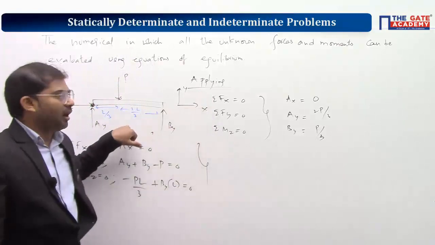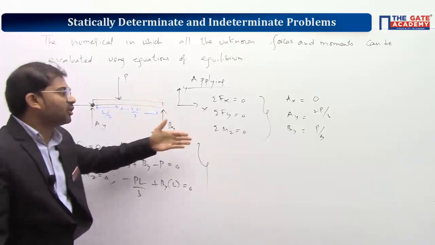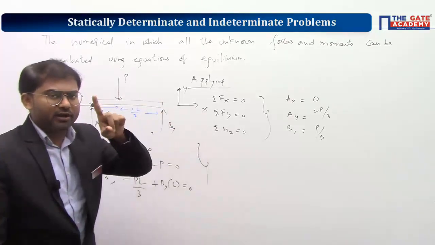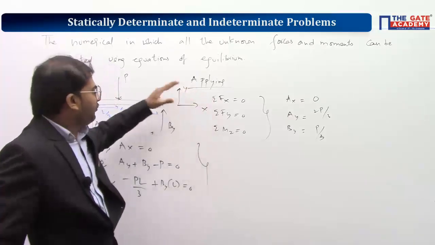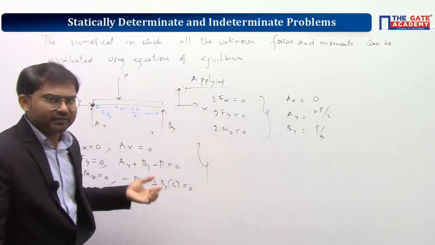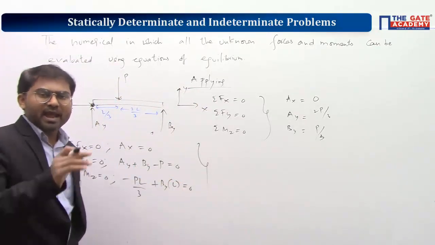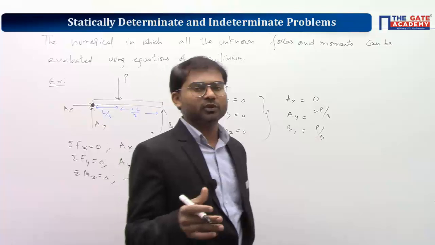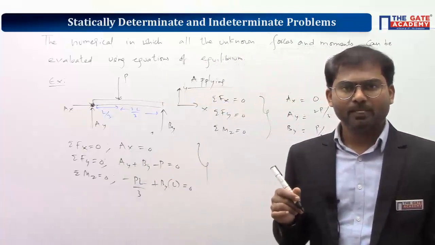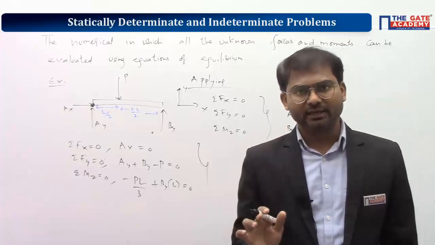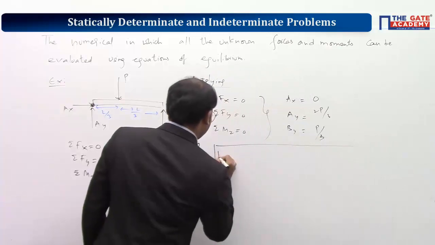So this is an example of a statically determinate numerical. Understand? Here, I told you already we are going with 2D system only. That's why we have only 3 equations. So if you have more than 3 unknowns, definitely we wouldn't be able to solve it because we have only 3 equations, right? So the maximum number of unknowns in a 2D system should be 3, so that it becomes a statically determinate numerical. So based upon the number of unknowns, you can decide directly. Okay? So based upon this explanation, you can write down a note point.